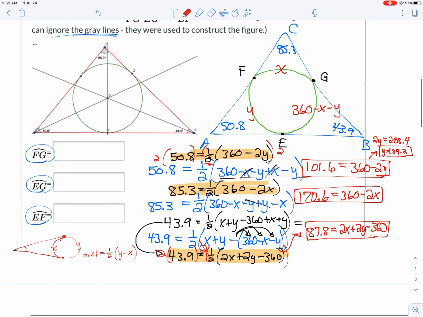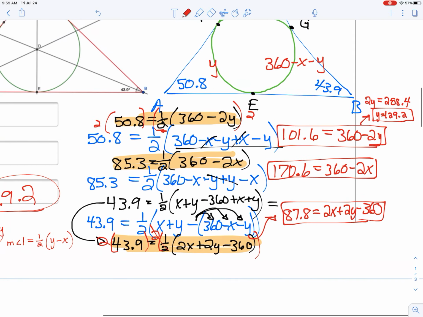Did it work out there? Does y equal 129? And y really is EF. That's 129.2. Okay, I think you've got the rest from here. Wow, where are we? You've stayed this long. Those 3 points are worth it to you. Good job, and thank you for doing a problem like this that is a perfect blend